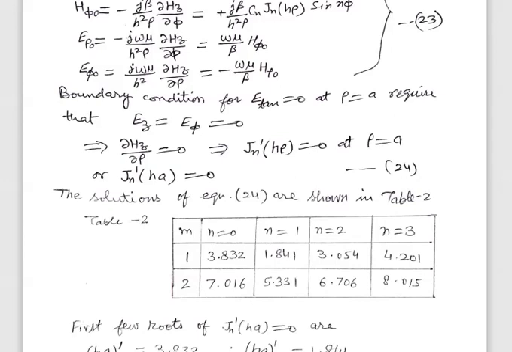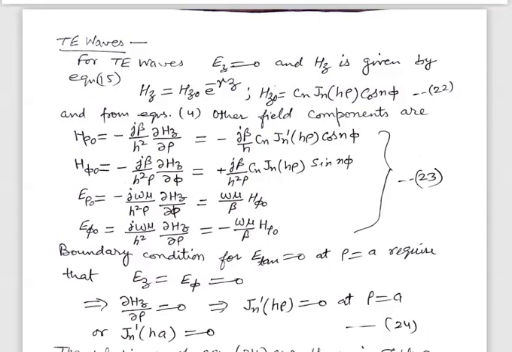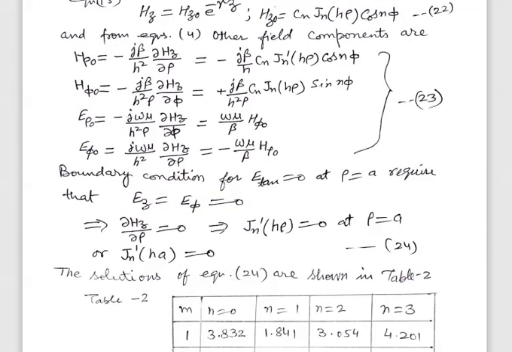So the boundary condition will be applied for E phi. E phi means from the last equation of equation number 23, when E phi is 0, it means del Hz over del rho will be 0, substituting the value of Hz from equation number 22. So to apply the boundary condition at rho equal to A,